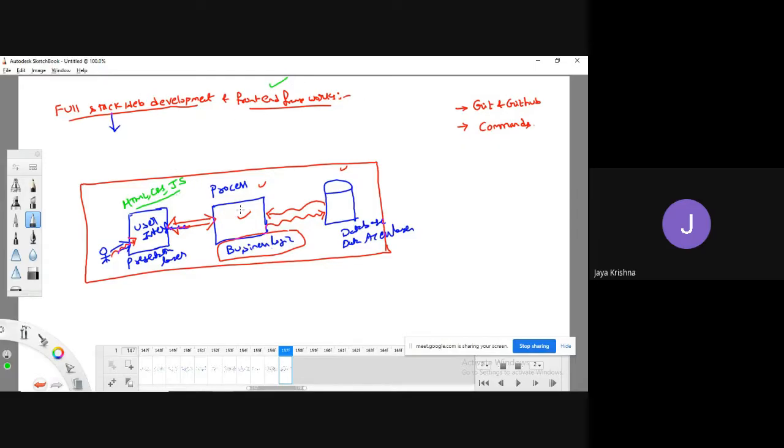Okay, fine. What about the business logic? In which language can you write the business logic? We can use any kind of language, like Python, or Java, or C++, or PHP, Ruby, etc. Various languages are meant for writing the business logic, meaning that which is going to take the input from the user interface and traverse to the database, and also take the data from the database and forward it to the